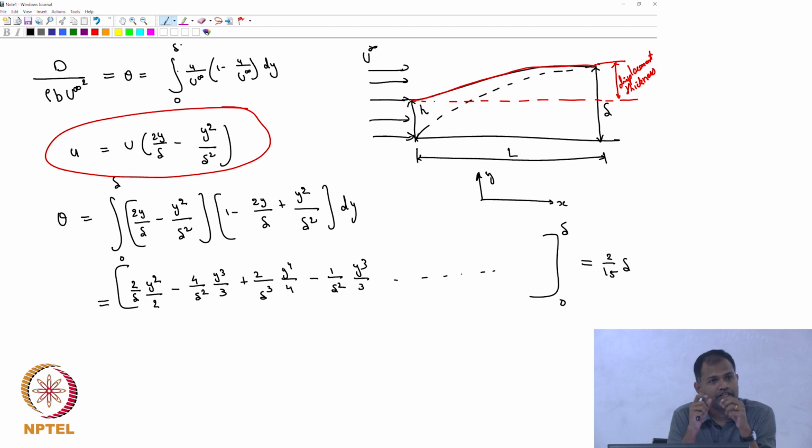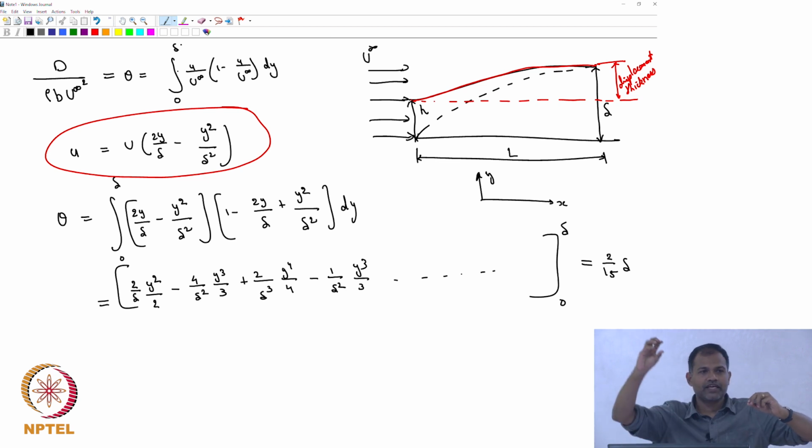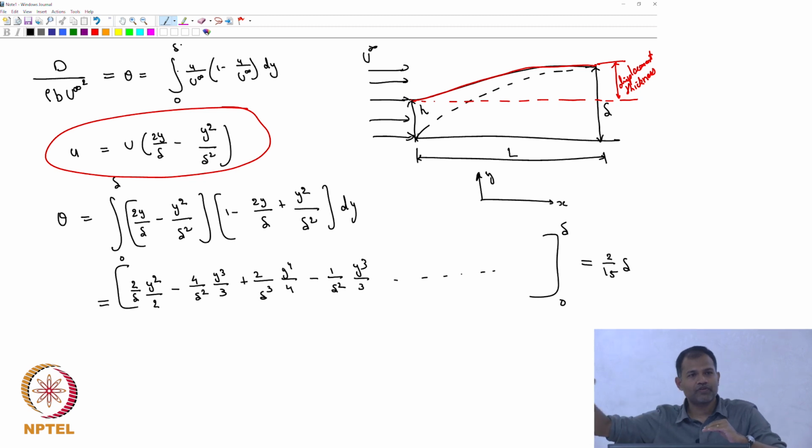Delta minus h. So the displacement thickness. It will change, h will not. H is the height at which a fluid element is coming, and it is getting displaced by a distance of delta star. Okay, so what matters is how much it is, so delta minus h is what matters. So delta star will be a quantity which will be a function of x. Because it's going to match with the real expressions.